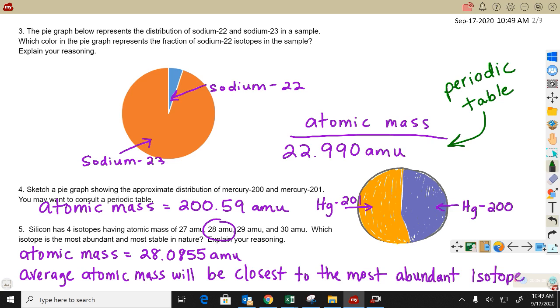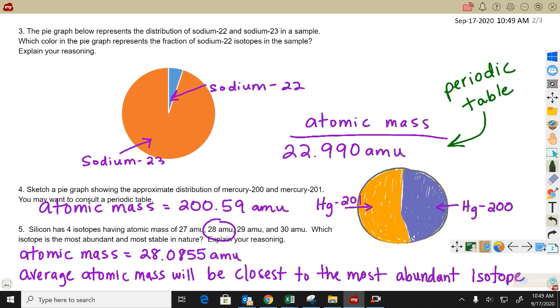So it's right in between 200 and 201. If it were exactly 50-50, then the periodic table would have been a perfect average, 200.5. It's a little bit higher, so I tried to show that mercury-201 is just a little bit more abundant